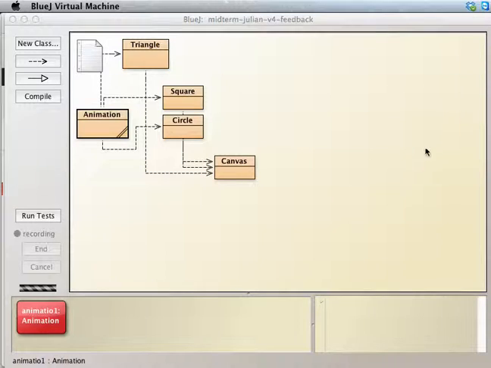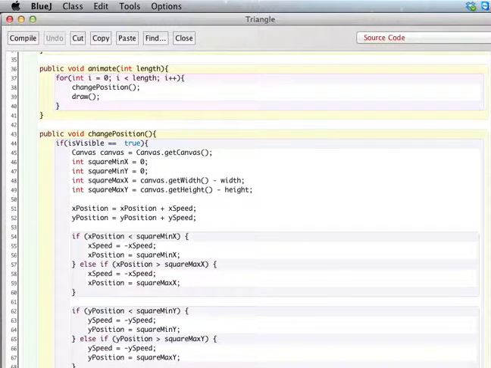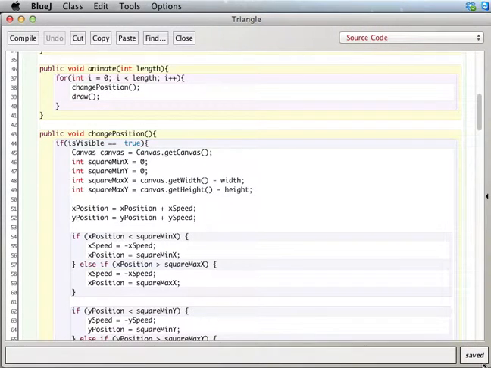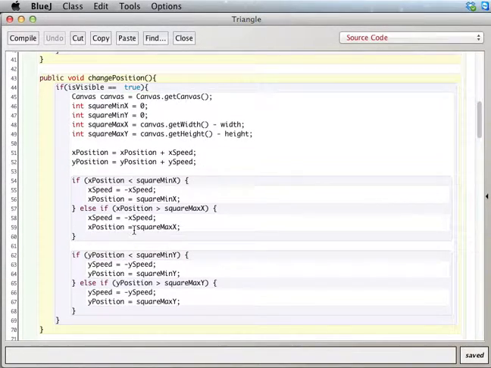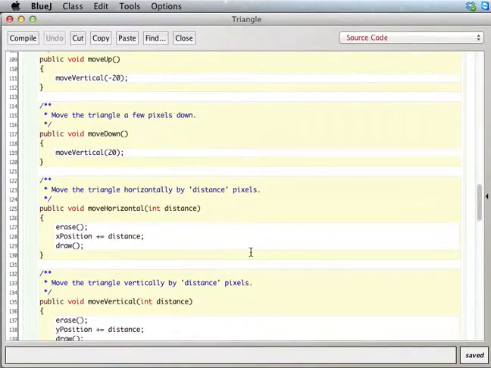Let me kill this guy. So, let's take a look at your triangle class here for a second. So what you want to pay attention to here is you're doing this test, right, to make sure of where your x position and your y position are in range. The thing is, you want to check how you're actually using the x position and y position to draw your triangle. So if you go down here,